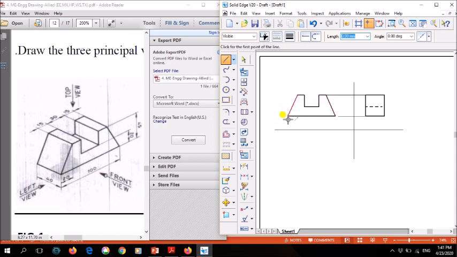Just using thin lines, project all the end points. The first end point, the second end point, then same way here you can take it from here or from here. This is the third end point, project it using thin lines. Don't use thick line, use thin line, because you need to rub these thin lines later once the drawing is finished. So from here end to end, same way finally here.